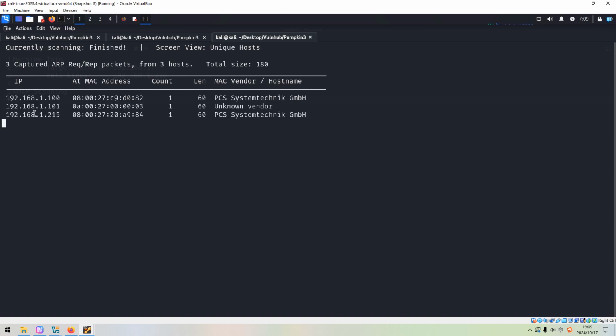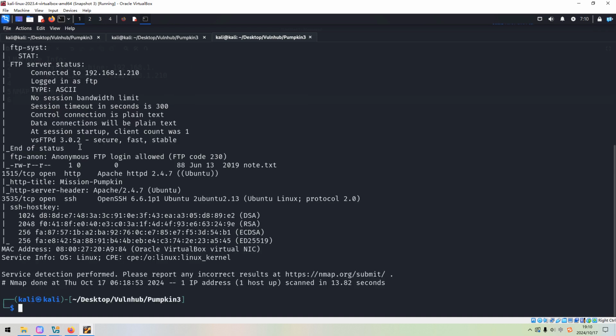And as you can see over here, the IP address of the target could be recognized as 215. So what shall we do next? We need to do the port and service scanning with Nmap. To save time in this video, I've already completed it before. So for now, we just cut out its result.